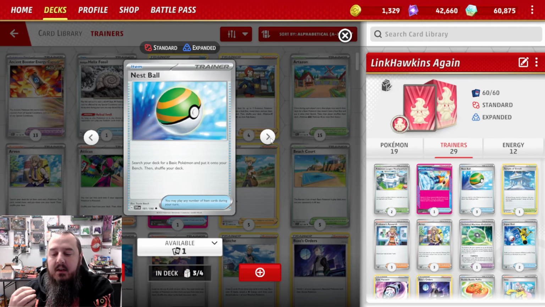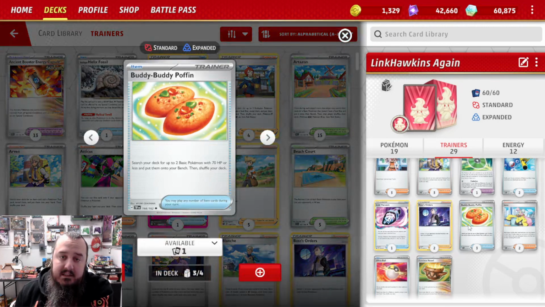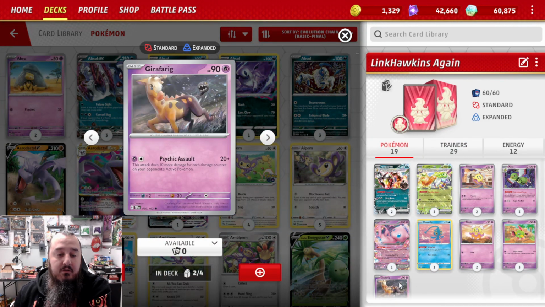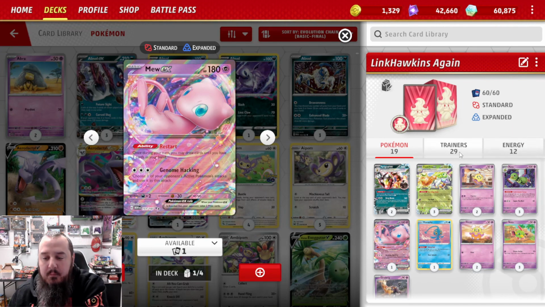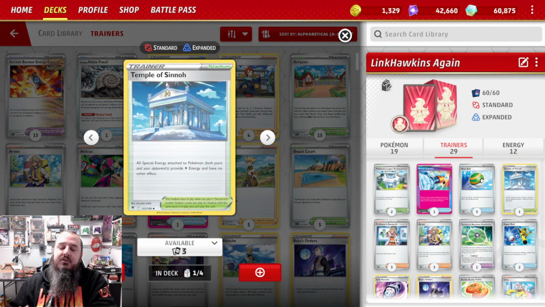We've got 3 copies of Nest Ball, which might seem interesting. I mean, most of our Pokemon are below that 70 HP mark that Buddy-Buddy Poffin would get them, but we do have a few. The ones to really focus on here would be the Manaphy. No, not Manaphy. I'm sorry, that does have 70 HP. The Girafarig and the Mew EX. Manaphy, Flittle, and Natu can all be searched out with Buddy-Buddy Poffin, so I like the 3 Nest Ball, 3 Buddy-Buddy. We got 1 copy of Temple of Sinnoh, just to...